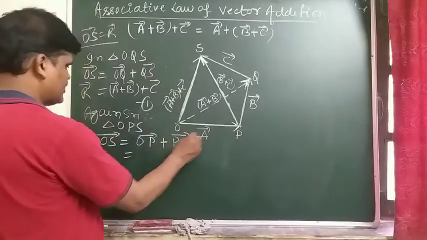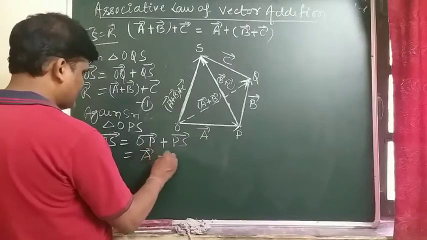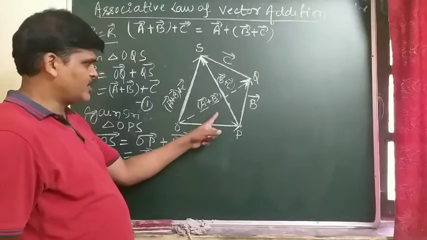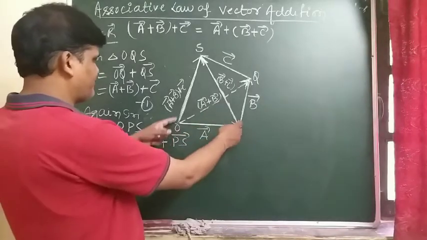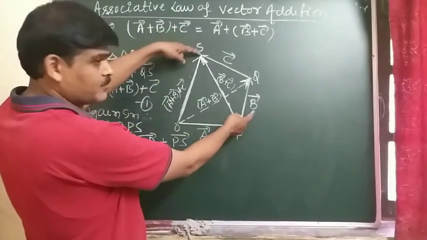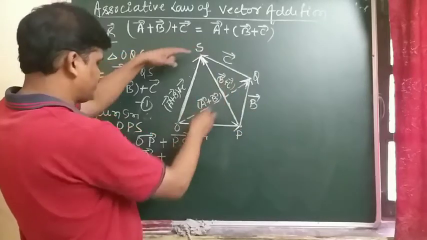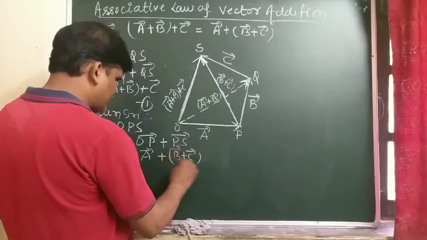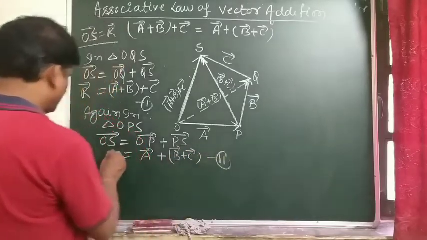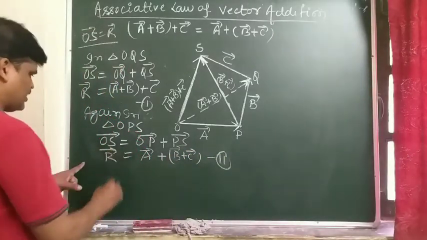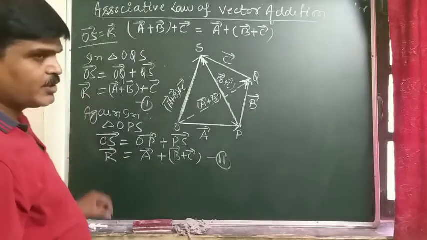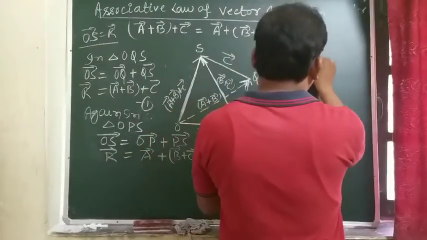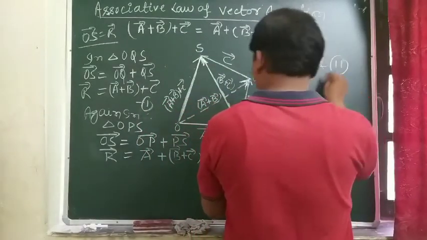OP is vector A, and PS, as we calculated from the diagram, is vector B plus vector C. This is equation 2. And the OS vector we have taken as the R vector. So from equations 1 and 2, we find